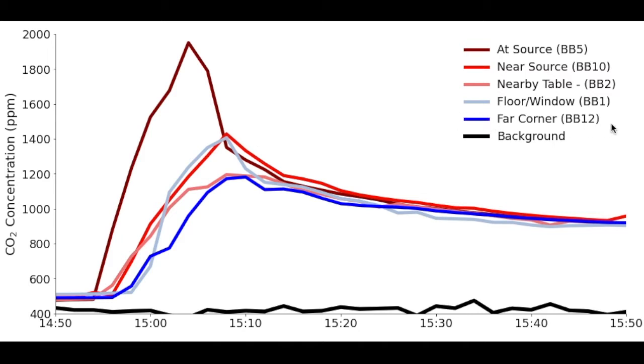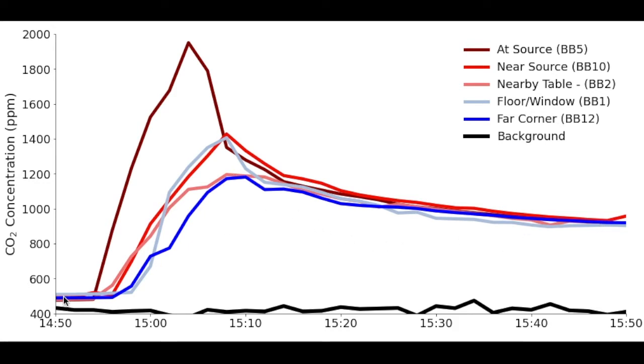And the one that was furthest away in the corner was the one that actually showed the smallest response to the concentration that was injected, because by that point the CO2 has been diluted, it's been mixed with the larger volume, and so we don't see as great of a response here, and it only barely gets maybe 100 or 200 parts per million higher than what the steady state concentration is most likely going to be. So here we peak at about 1,100 ppm, but it seems to stabilize maybe around 900 parts per million. So we only see a difference here of the peak to the steady state of about 200 parts per million,